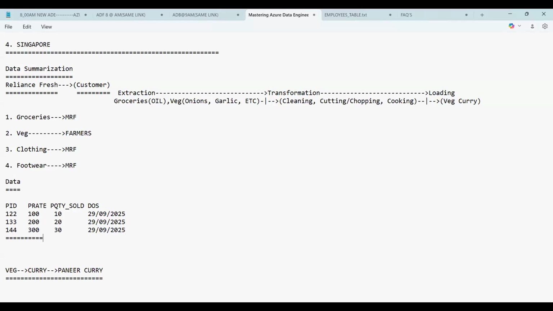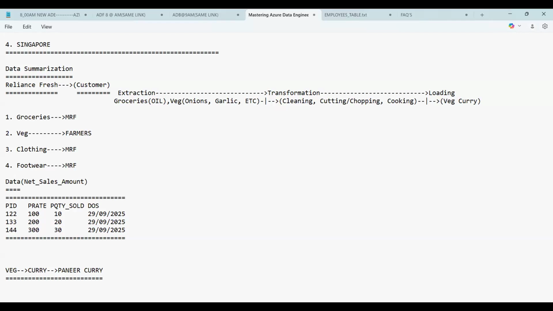Now, guys, this is the data. And the customer wants us to find out the net sales amount. Why do they want it? To introduce some discount offer if the sales amount has decreased. So to increase the sales, the supermarket authorities, let us say Reliance Fresh or Reliance Smart people, wanted to introduce some discount offer. For that, they wanted to know the net sales amount.